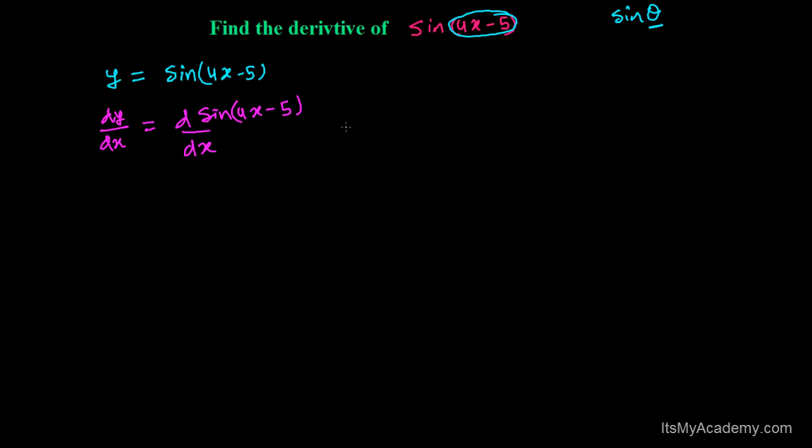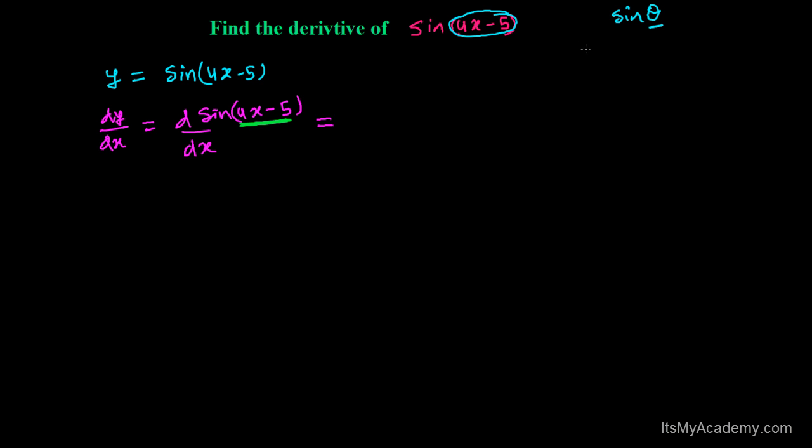over dx, right? And I have already mentioned that whenever you're going to differentiate any trig function, try to differentiate it with respect to the angle, and the angle here is 4x minus 5. This is only when sine, tan or cos do not have any power. Like if it is sine square of 4x minus 5, then I will not differentiate with respect to the angle. If the trigonometric function does not have any power, that is, the power is 1, in that case differentiate with respect to the angle. The angle here is 4x minus 5.